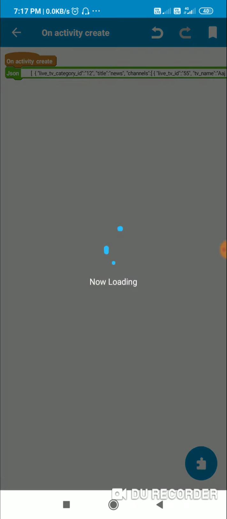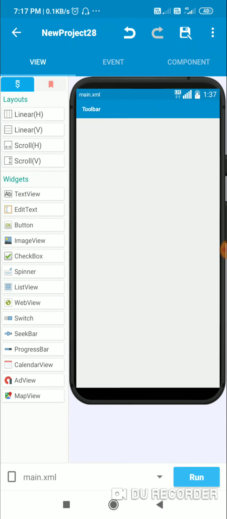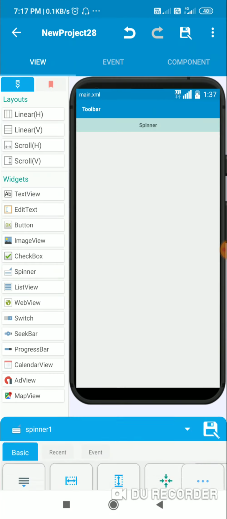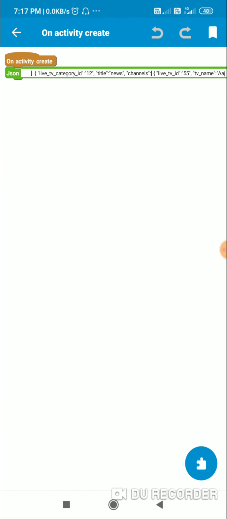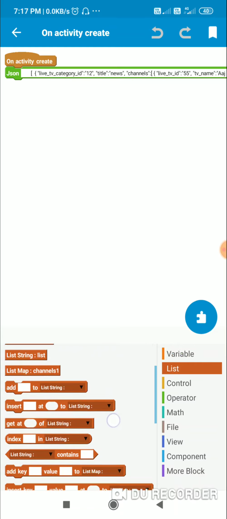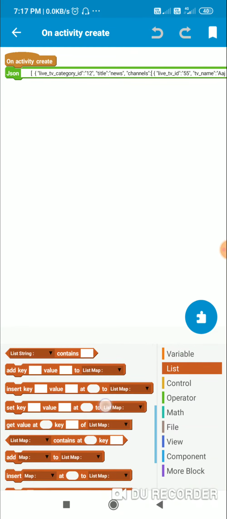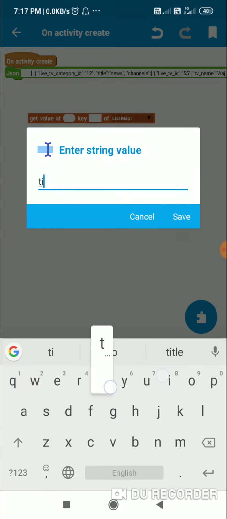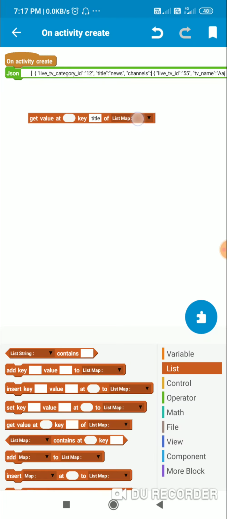In order to do that, I will add a spinner here. Now from this map list I will use this block get value at position key title of list map map list,